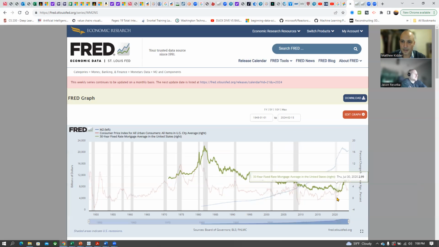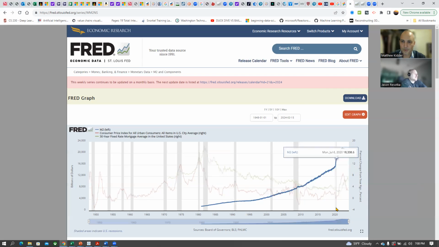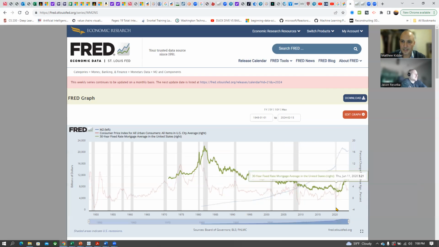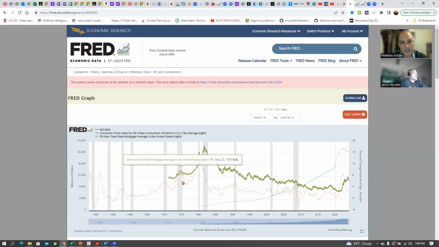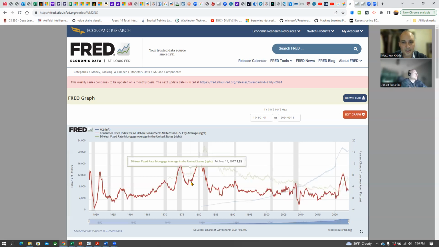If you look at it real carefully, I'm trying to line up with that spike in the M2. You can see that the red didn't start to really jump until later. And then the policy response was actually a little bit delayed too. So that kind of follows. And if we look back in the 70s, when we started to have inflation, you can kind of see too